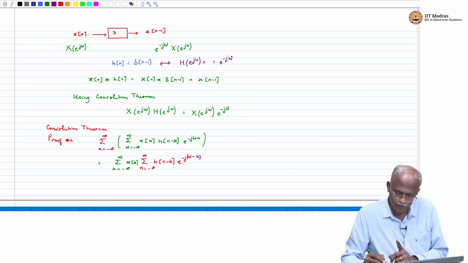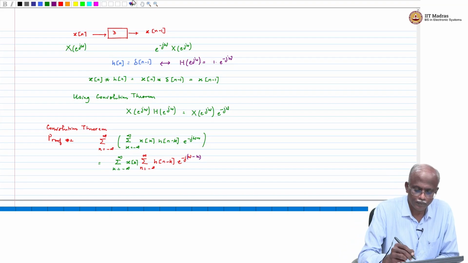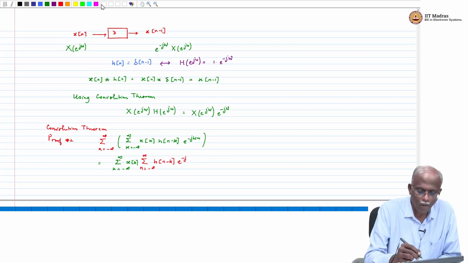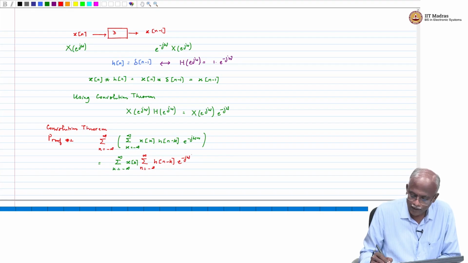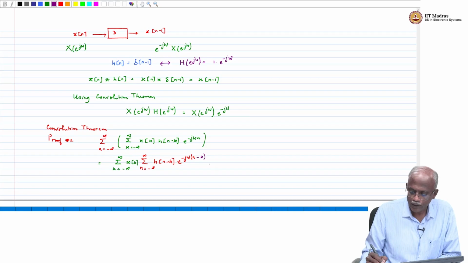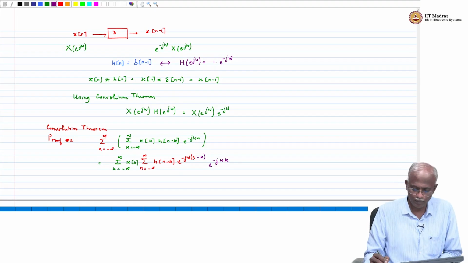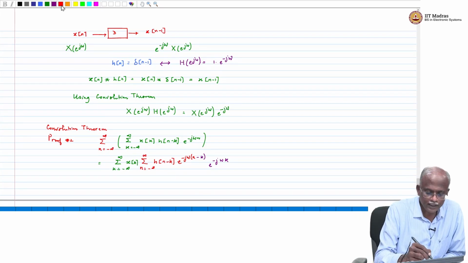So, I am going to do omega times k. That means effectively what you will get is e power j omega, and I will do n minus k. Because I have added a minus k term, I also should take care of that. So, there will be an e power minus j omega k. So basically I have added and subtracted an exponent e power j omega k. So, this inner summation